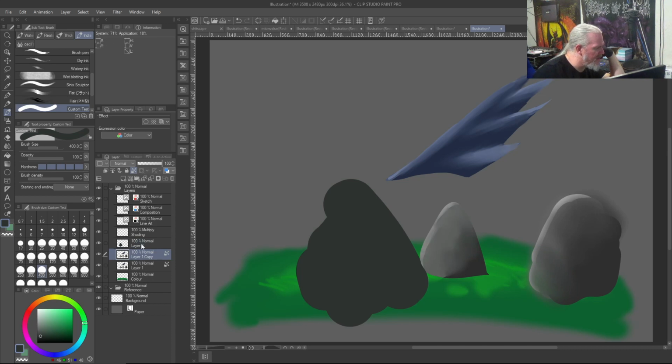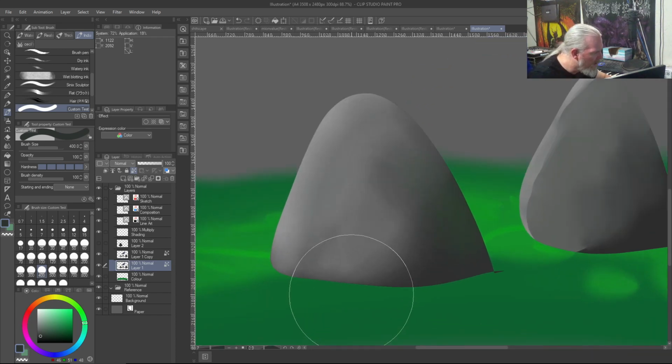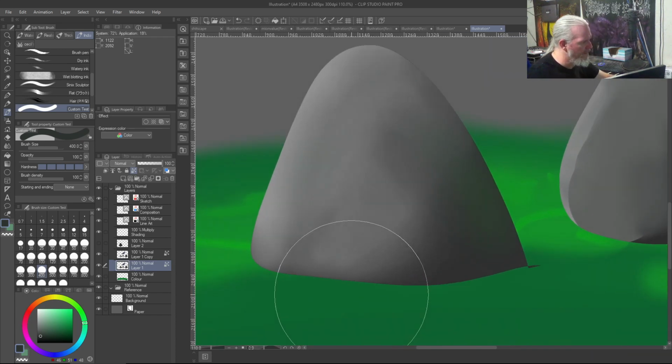Let's duplicate this layer. Turn that layer off. And then on this layer underneath of it, right here, we've still got... Okay, so we've still got that little bit of green there, but